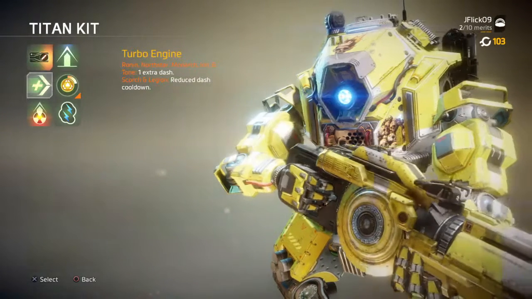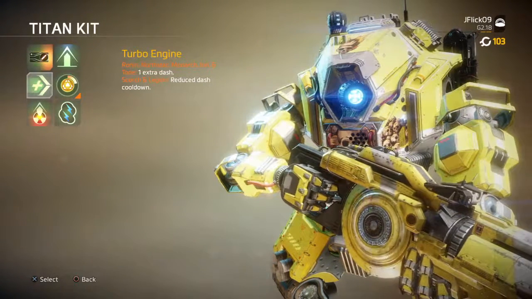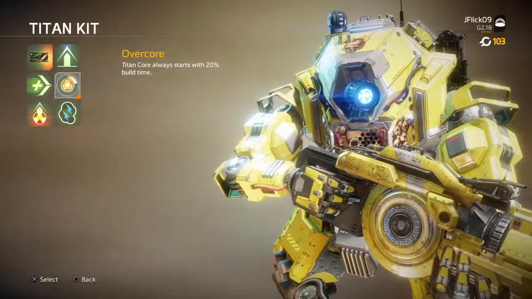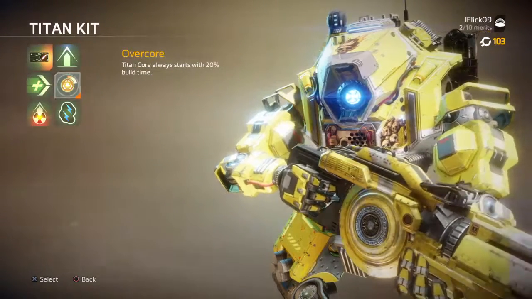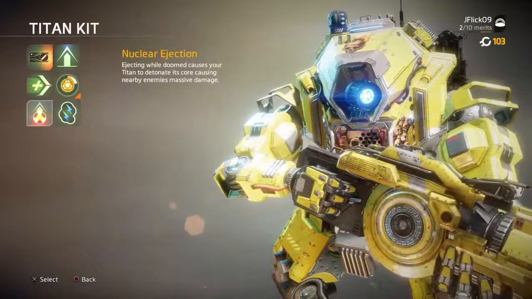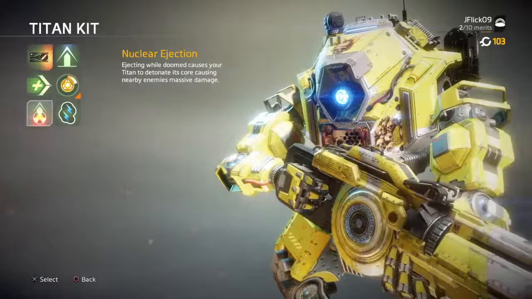Turbo Engine: Ronin, Northstar, Monarch, Ion, and Tone get 1 extra dash. Scorch and Legion, the tank guys, have slower movement, so they have reduced dash cooldown. Overcore: Titan Core always starts with 20% build time, so you can bring down your Titan quickly, or you can use your core quickly. Nuclear Ejection: ejecting while doomed causes your Titan to detonate its core, causing nearby enemies to